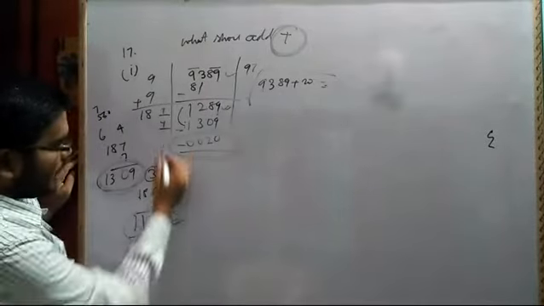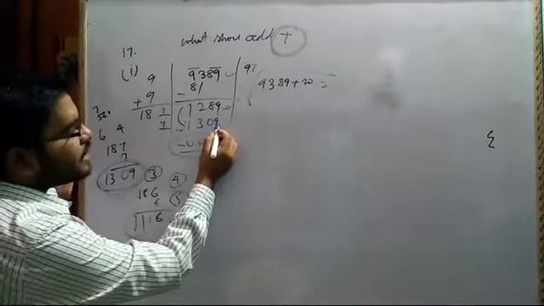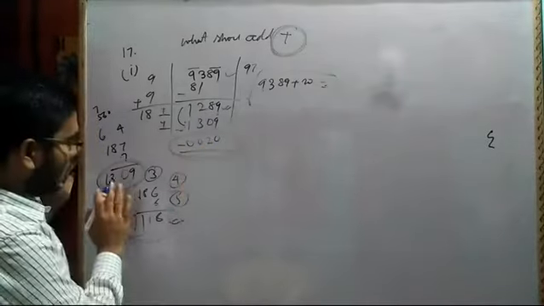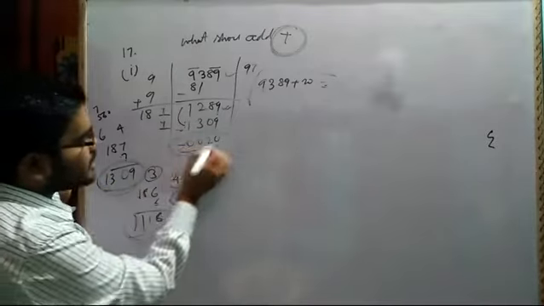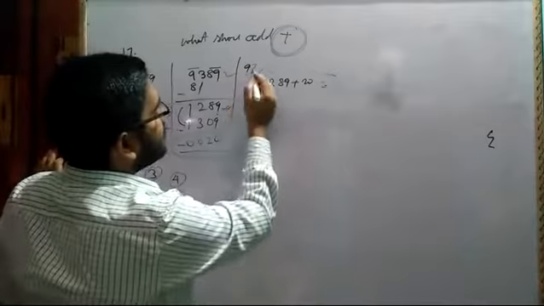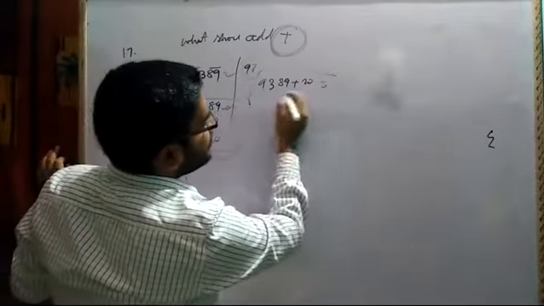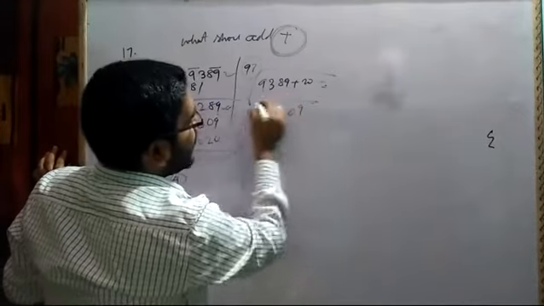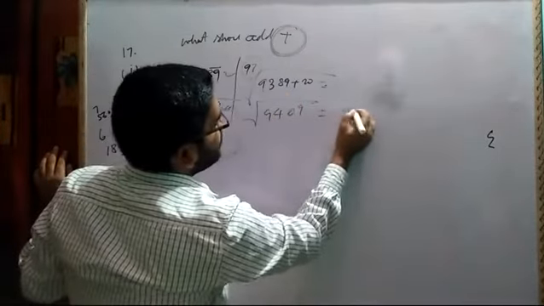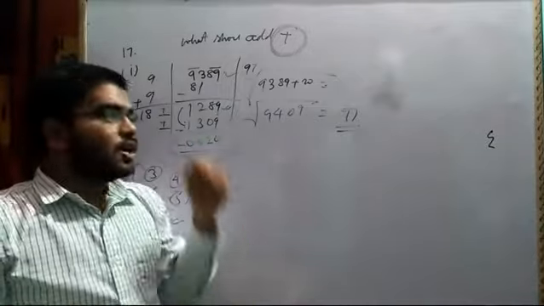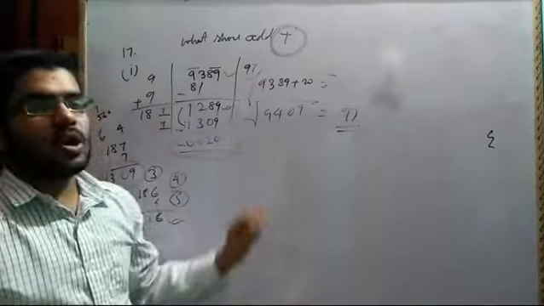Suppose I put 6 and multiply with 6, so it will be less than this and I will get a positive value. I don't want a positive value here, I want a negative value, so that I can add this negative value to this number, and then my answer will be 97, and the result will be 9409, and this will be equal to 97. This is the key point to keep in mind, so that you will not face any problem.